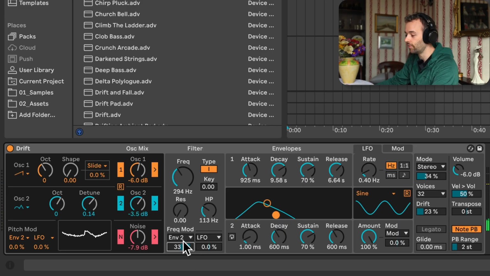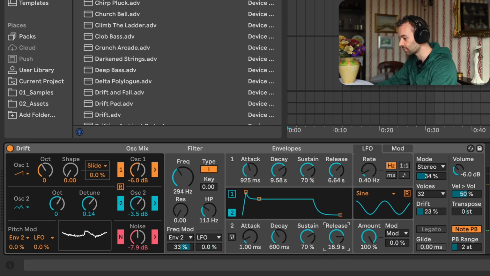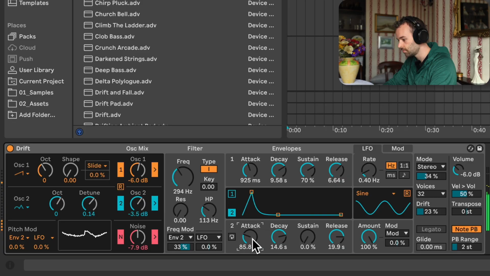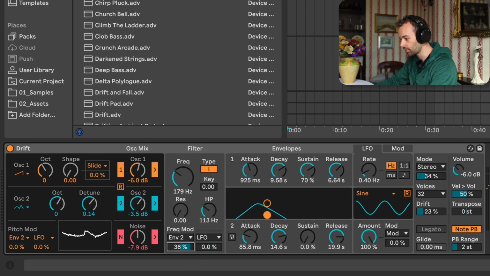Now let's again make this envelope a little bit more slow moving. So let's increase the release, decrease the sustain, increase the decay, and increase the attack a little bit as well. Let's pull down this filter frequency even further, increase the filter frequency mod, and now let's go ahead to the